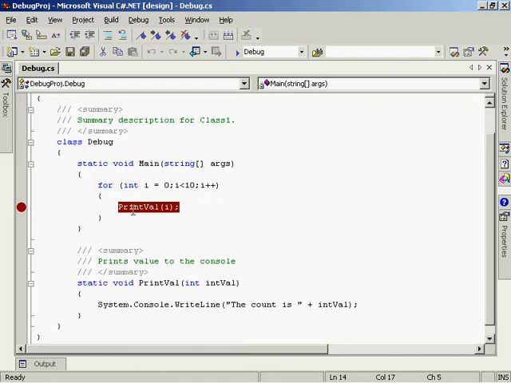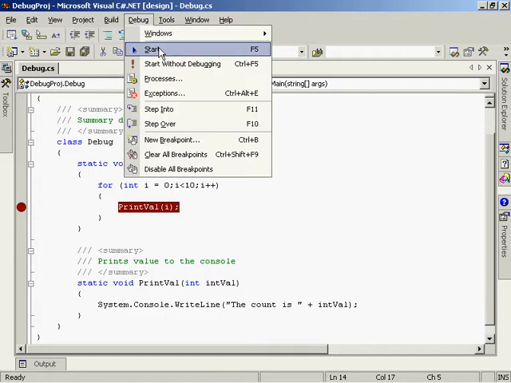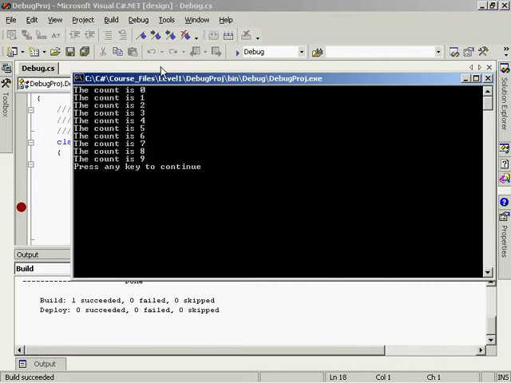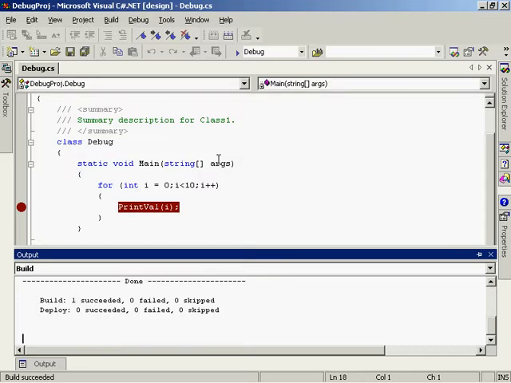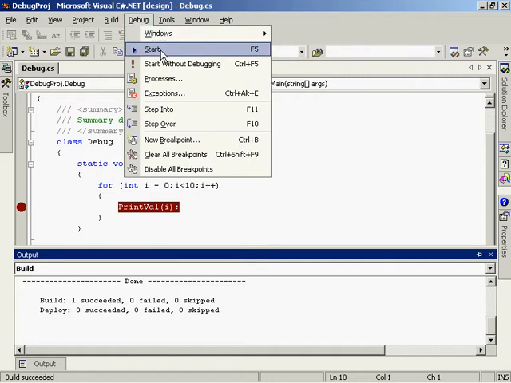Now, if I were to go up to my menu and choose Debug, again, I've got two options. I've got a Start and a Start without debugging. If I choose Start without debugging, it will ignore the breakpoint and simply give me the results of the application. So you'll notice what this application is doing is just counting through all those numbers from 0 through 9. If, however, I go up to the menu, choose Debug and Start, or I could also hit the F5 key on my keyboard,